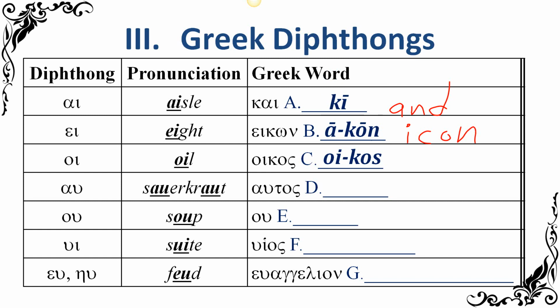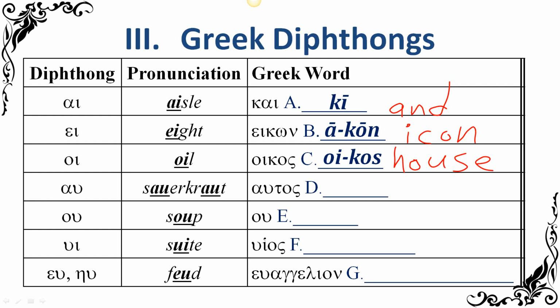Oikos. I thought I've seen that one. It's a yogurt, I think. Really? You're right, and it's got Greek symbols on the front. I have never tasted it, but it means house. So if you talk about you and your oikos, you're talking about you and your household. This is not a sentence, by the way. These are just random words that happen to have that sound in them.